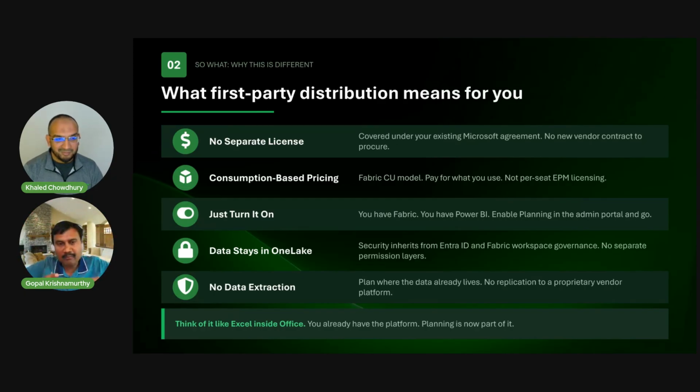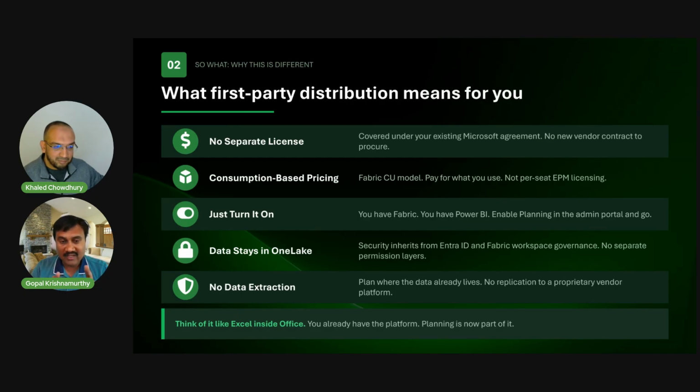Your data platform should have all your data. For LLMs to work well, we need the context, which means all the data has to be in one data platform. That's the strategic importance for Microsoft to educate the market that you want to have your budgets and forecasts in the data platform.